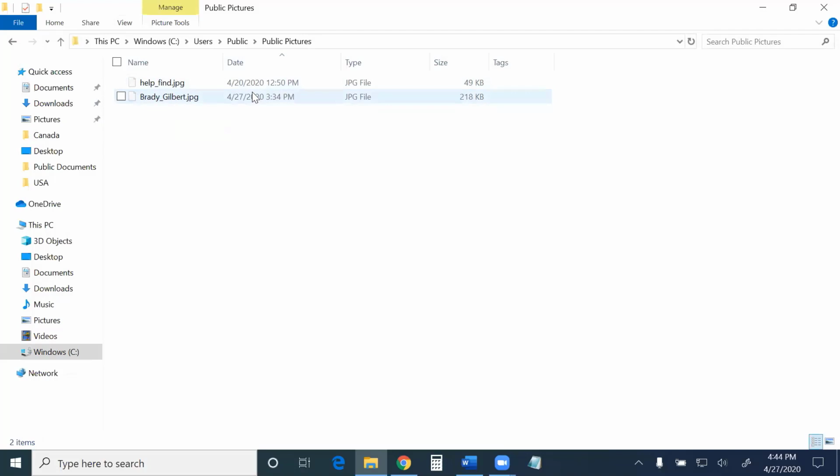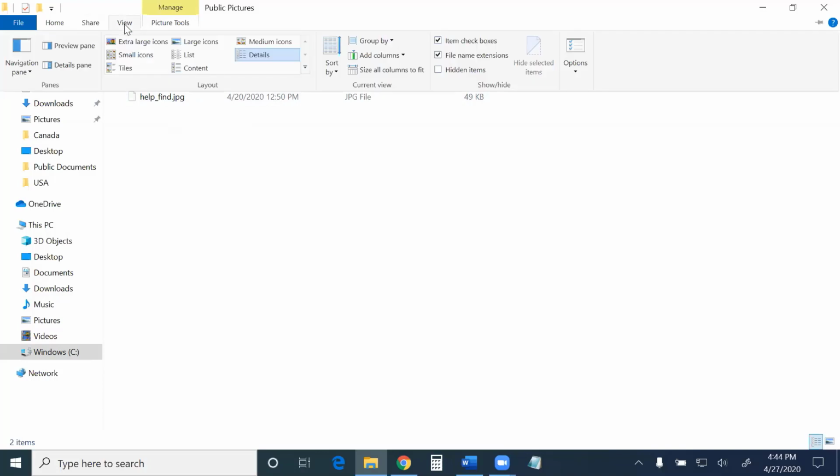If you ever get into a mode where you can't quite tell what order something is in, maybe I accidentally sorted everything by size, and now nothing's in alphabetical order and it's impossible to find anything and the dates are all out of order, I can just come over here and click on any one of these headers and it's going to resort it based on name. So again, details is by far my favorite view to be in.